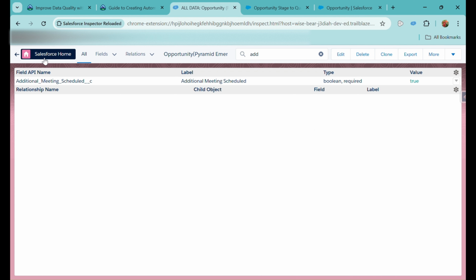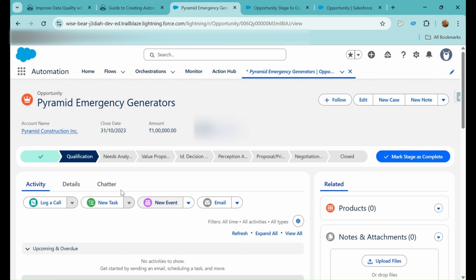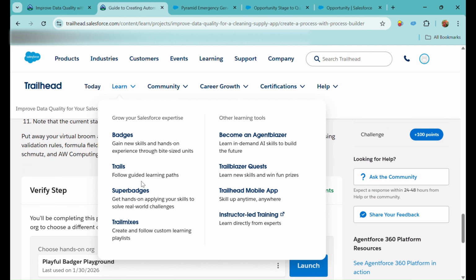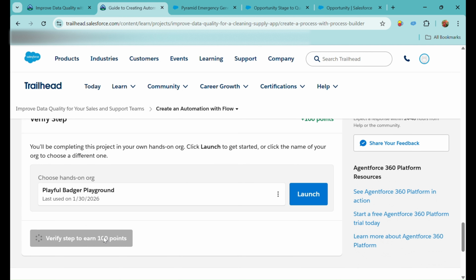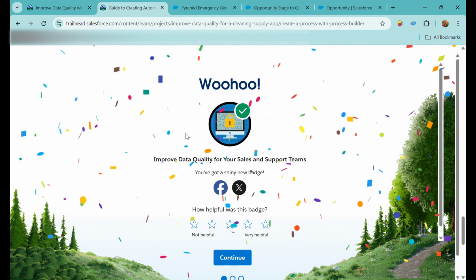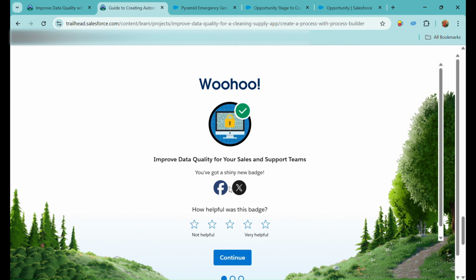After saving, if I will go back, then according to our record trigger flow, the stage should be updated to the qualification. So this is updated and here also it is updated, right? We have not made any changes to the stage, but it is updated. And that was it for this module. We'll just verify the step, and hopefully it is correct only. And so we are done with this module,